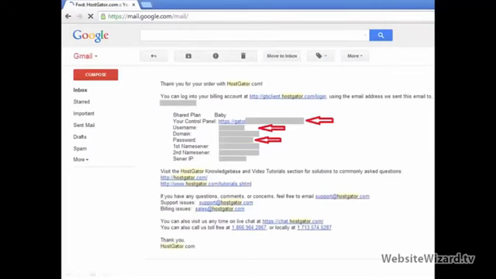So here's the welcome email that you're going to receive from HostGator. And what you want to do when you receive this welcome email is open this control panel link right here in the web browser. So click this link right here, and that will open in the web browser, and then simply use your username and password here to log in. And that will log us into our HostGator control panel, which is where we can install WordPress and then start setting up our website. So go ahead and click on this control panel link right here to open that in